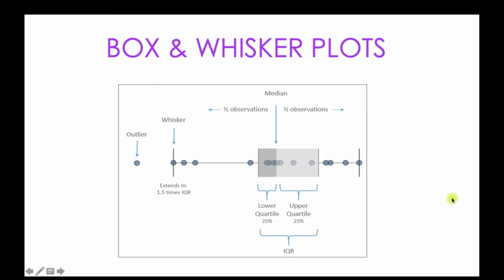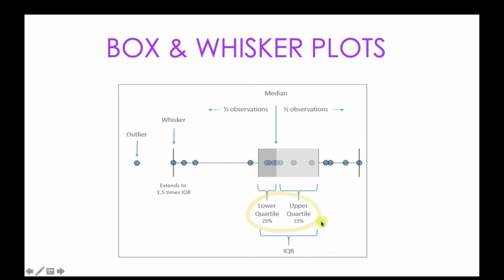Box and whisker plots are sometimes also called box plots. They add additional statistical context to the circle charts. So let us consider this diagram. Here the box plot has been added to a circle graph, and the box is divided by the median, if you see here. Half of the values are above and half are below. The box also indicates the lower and upper quartiles.